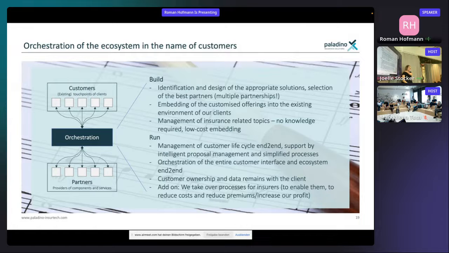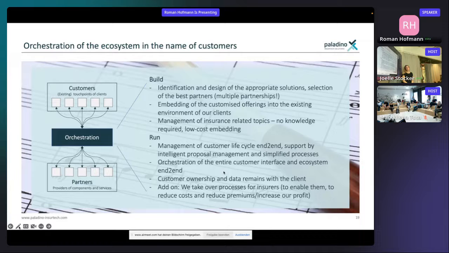It's a change of also their way they behave, because let's take a retailer, let's take Lidl again. Normally they sell goods you can hold and feel and smell, and bank and insurance products are just virtual, and that's a big change in their mindset. So that means we have to consult and teach them a lot, but we also have to run at the